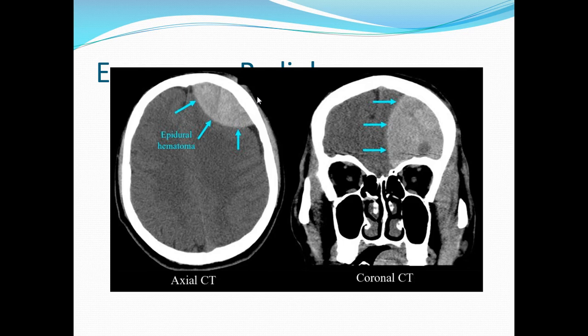Okay, patient has got RTA and found unconscious on the road, and brought to the hospital by some unknown persons, and suddenly he wakes up and says, okay, I am fine, now I am going home, and then at home he suddenly dies. So this might be because of the epidural or extradural hematoma causing compression over the brain parenchyma, vital organs of the brain like brain stem, and brain herniation.